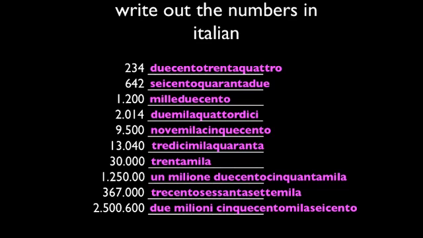And as a final note, you've probably noticed that one of the major differences in Italian in terms of the punctuation is that instead of using commas, where we would in the Anglo-Saxon world, we use